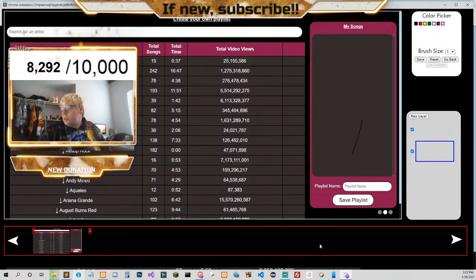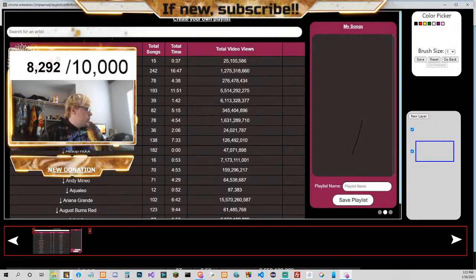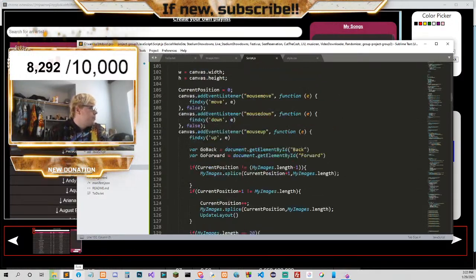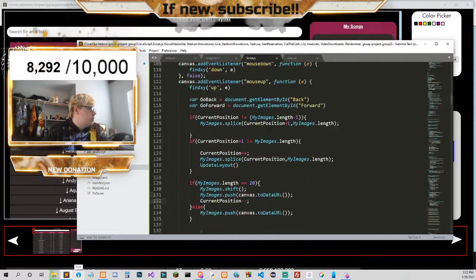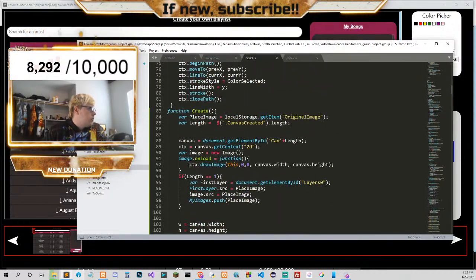yeah, that doesn't work. It says get context. Oh, image change. Okay. Yeah. Hold on. So for this, we gotta get the selected one.